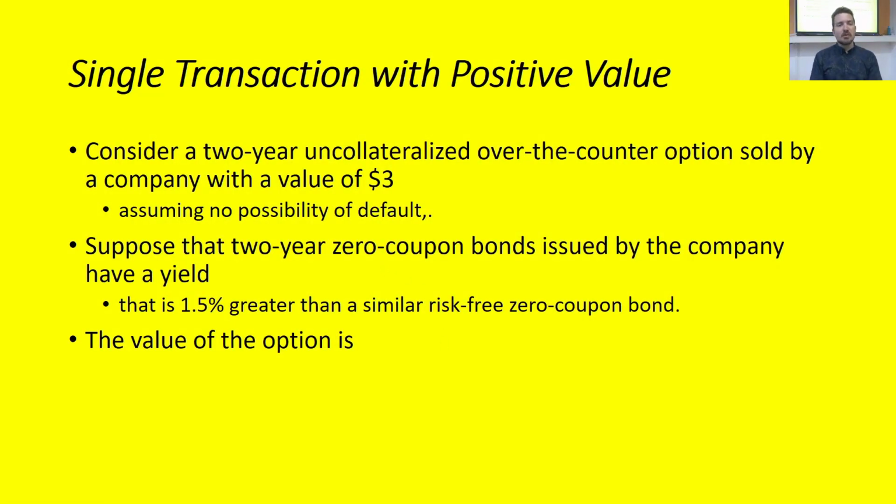Another example written by the book is this single transaction with positive value. So if we have a 2-year uncollateralized over-the-counter option sold by a company, and the value of the option is $3, and we're assuming that there is no possibility of default behind this, but there is a 2-year zero-coupon bond issued by the company, let's say, which had a yield that is 1.5% greater than the similar risk-free bond yield. Then we can estimate the value of the option,